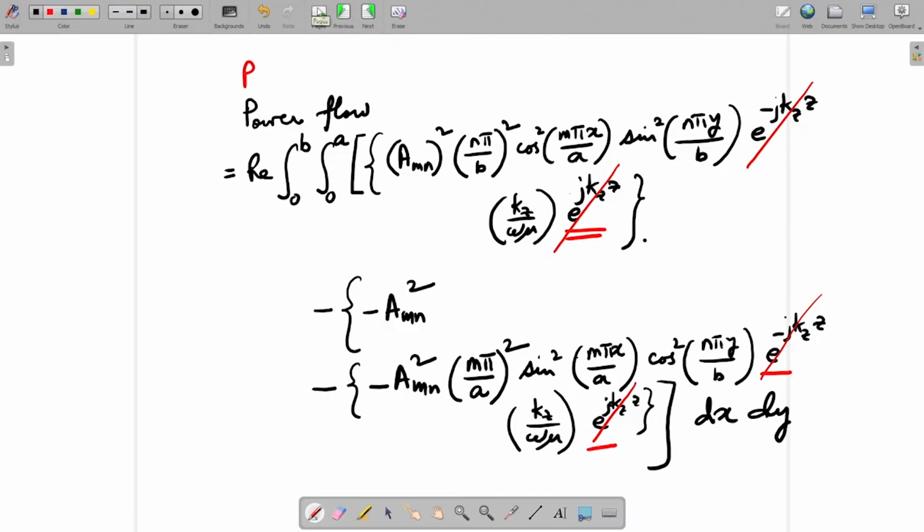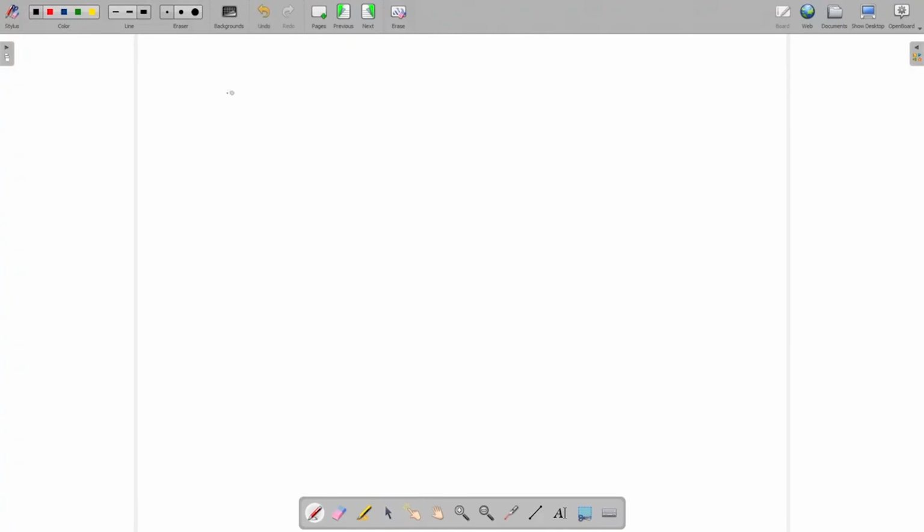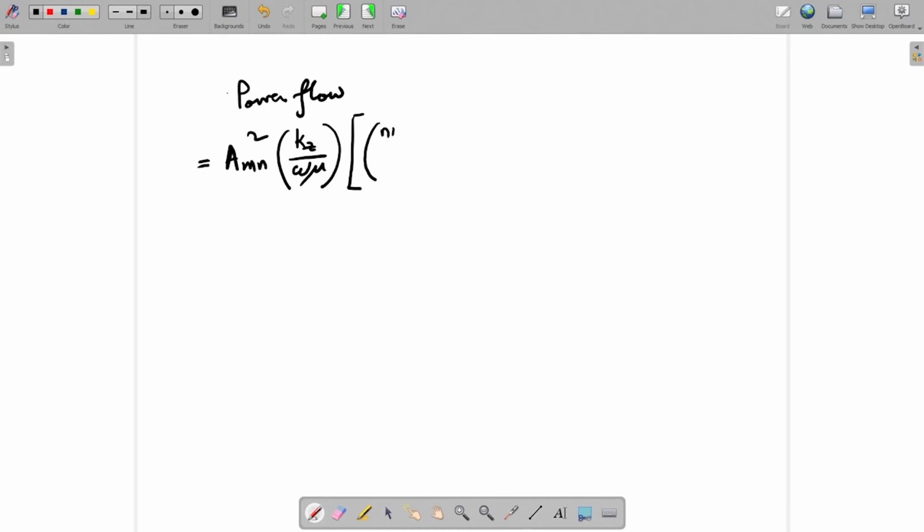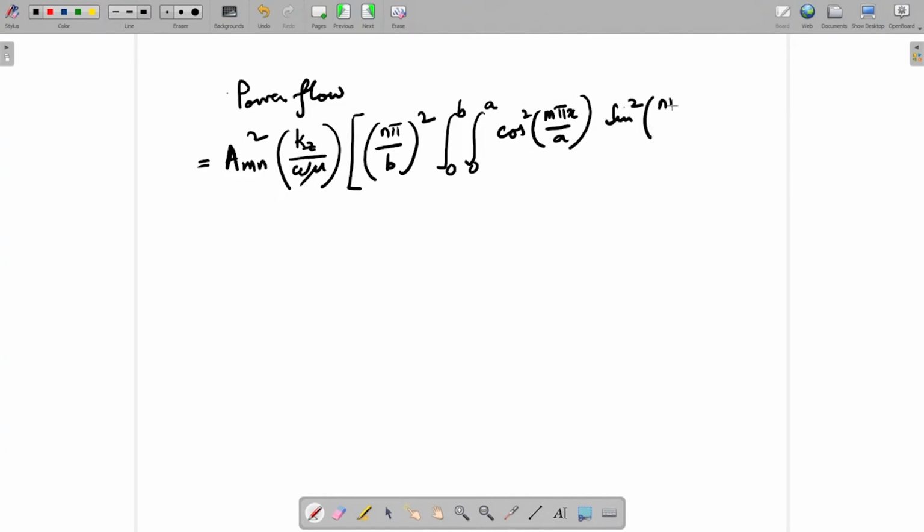And therefore, the power flow becomes a m n square k z by omega mu, n pi by b square, zero to b 0 to a, cos square m pi x by a, sin square n pi y by b dx dy